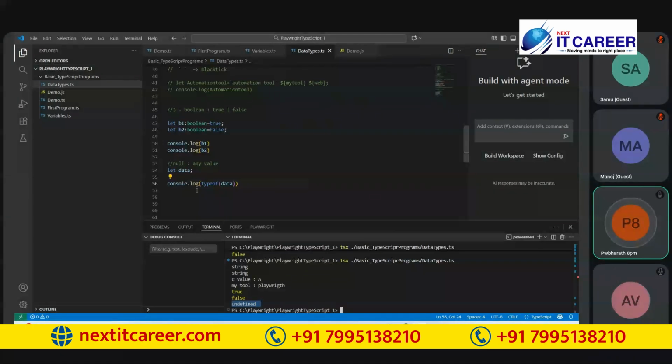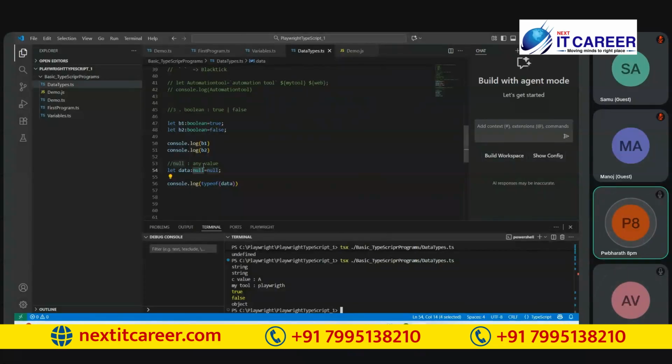But even it should show null. Yeah, see, but here we have not assigned anything. By default, it is going to return undefined. But if you want to declare it as null, we can do it like this, with a null variable. Are you able to understand? When you declare a variable without assigning any value, that is null.